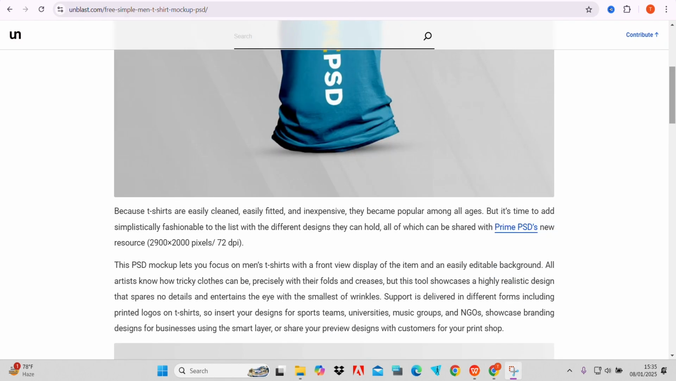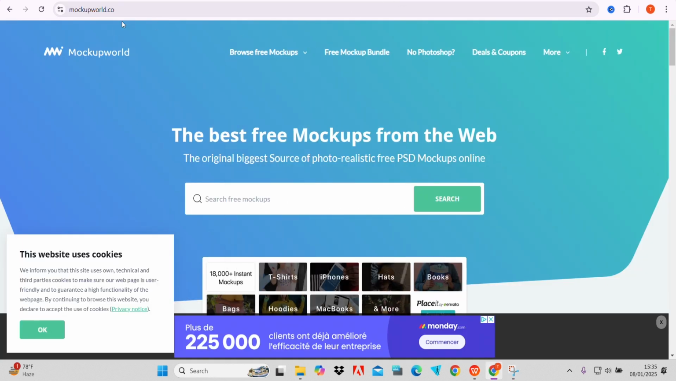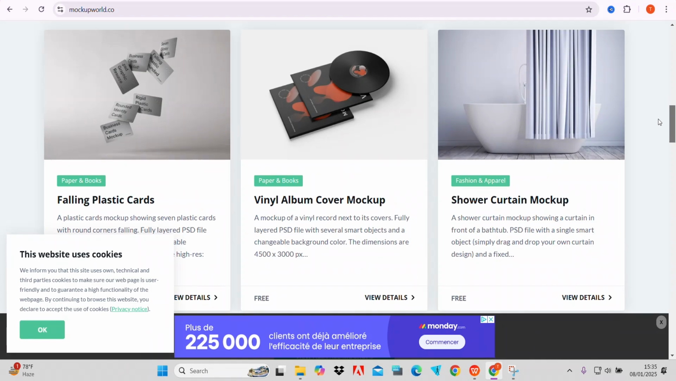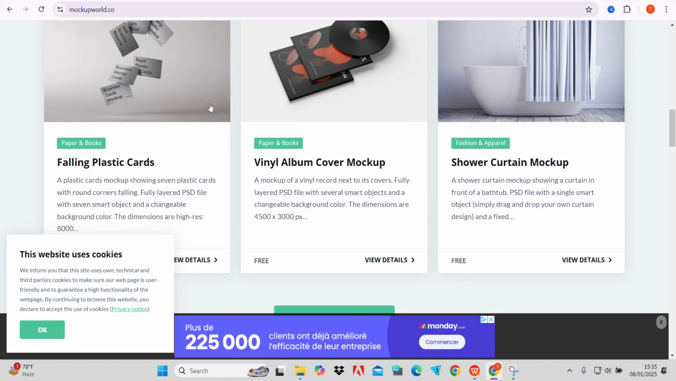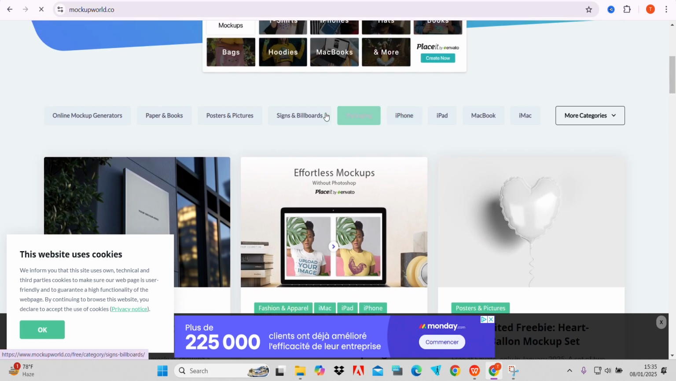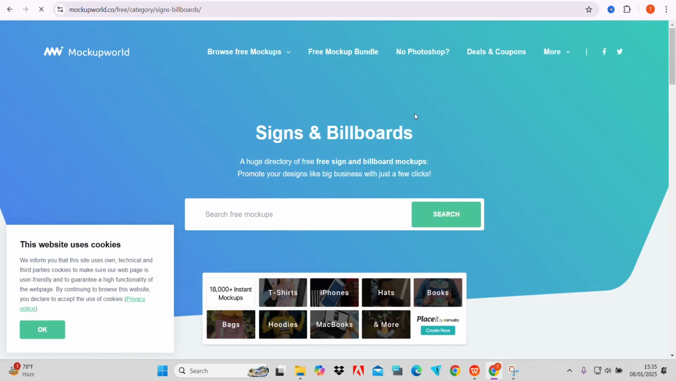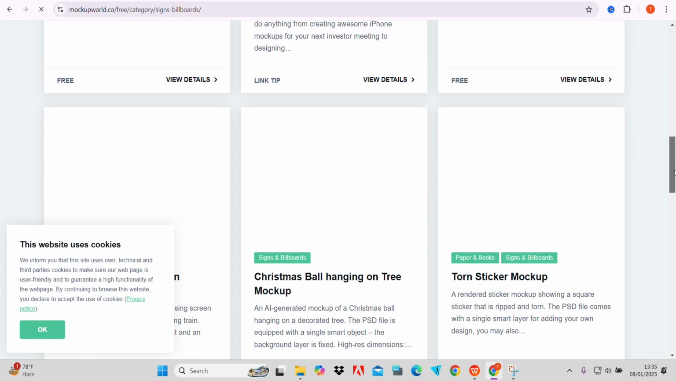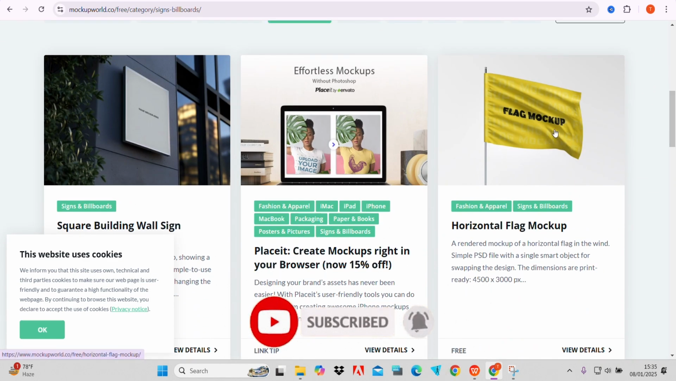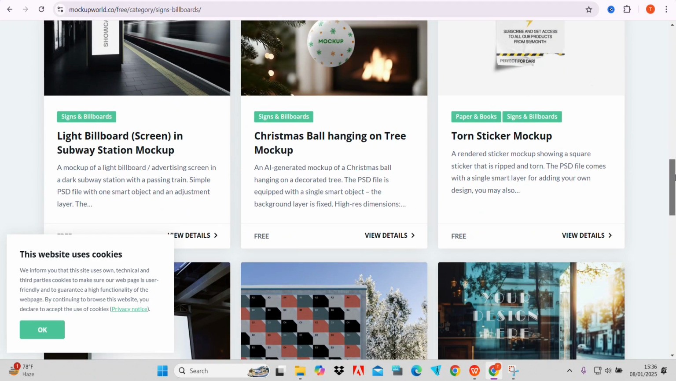And also we have mockup world. These have so many thousands of mockups that we can use. This is actually for album, this is for curtain and shower, and so many others. You can actually have packaging, signage, bill. This is for signage mockups. Then these are for flags. I know so many of you will like this flag. Also have